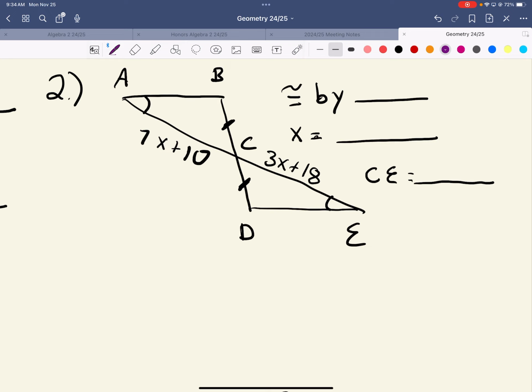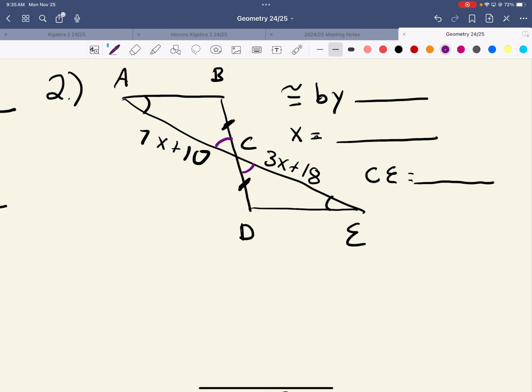Second one. What could I put in there? If we look at the drawing itself, as it sits right now, I have 1 angle and 1 side. Is there anything else that I can mark because it has to be true? Vertical angles. Very good. Vertical angles are congruent, so I can go ahead and put an arc here and an